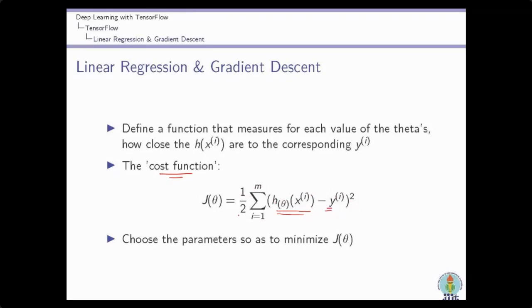Okay, so why have we divided by 2? There is a logic behind this. Since we have to find the derivative, when we calculate the derivative, this 2 will be crossed out by this 2, so this will ease the operation. So this is the algorithm which we are going to use to minimize the J theta. J theta is the loss function.